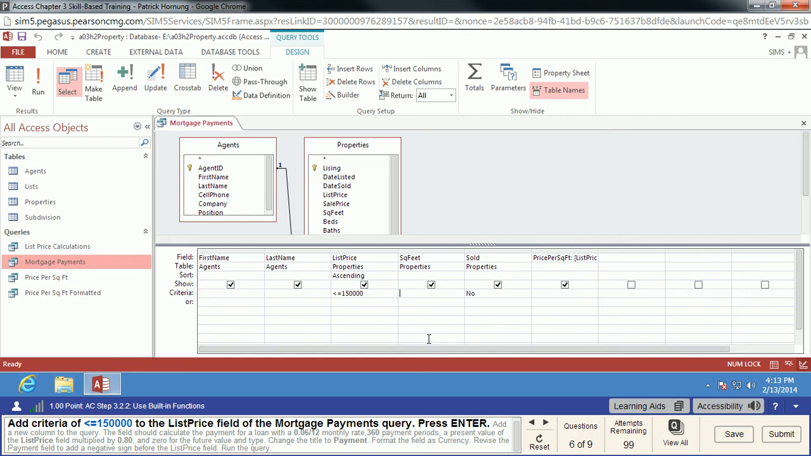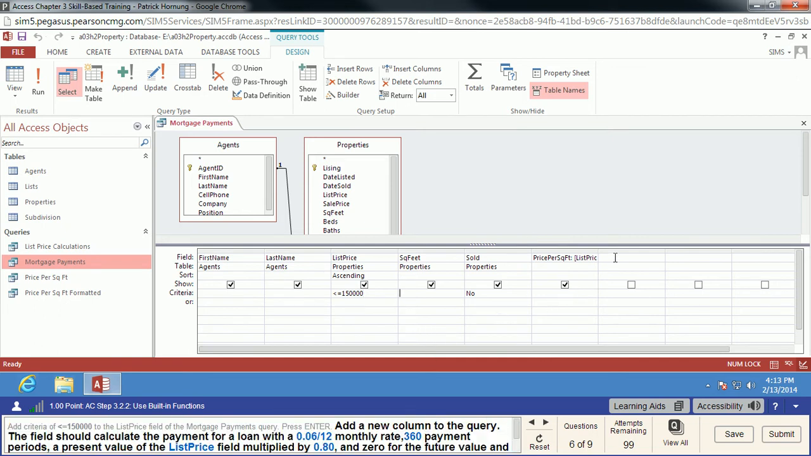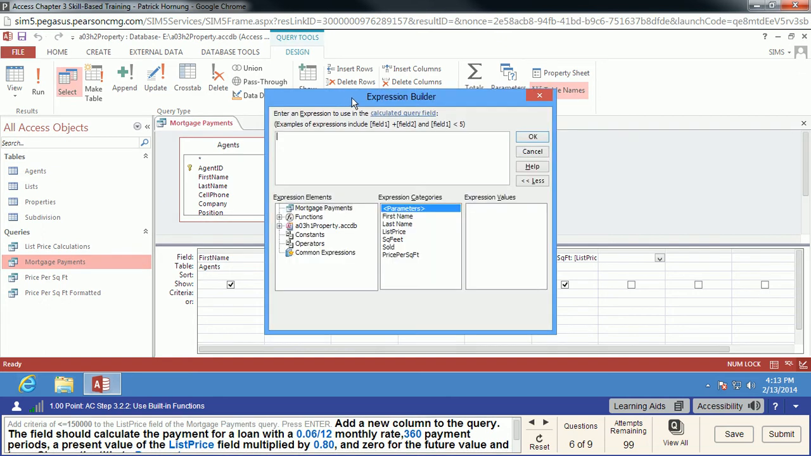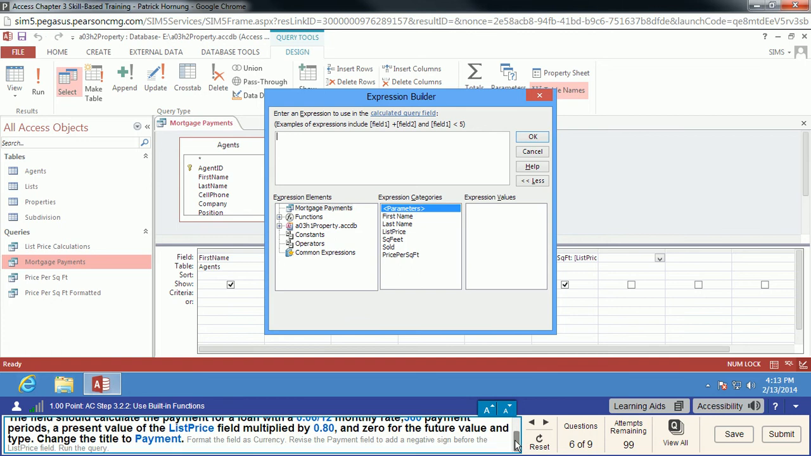and we'll press enter. And we're going to add a new column, and this one is going to calculate the payment for a loan with these various details. Now, you might think, I don't remember exactly how that payment field works. So we can go to the builder, and first thing we'll do, we're going to say that this name is going to be payment,